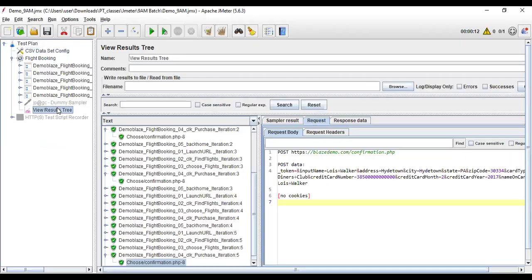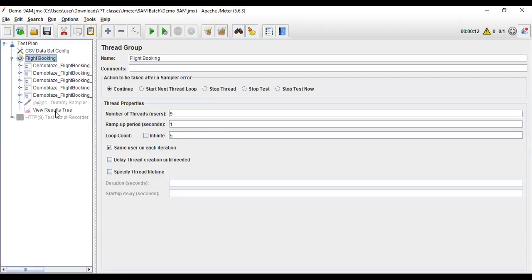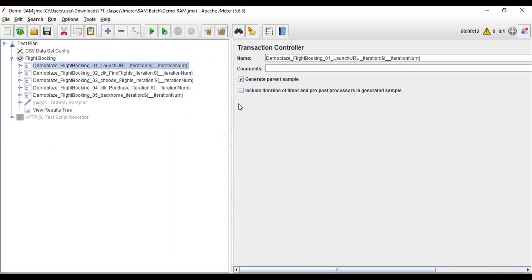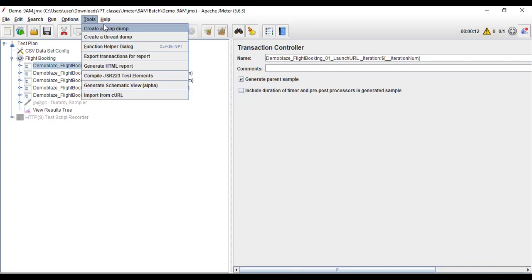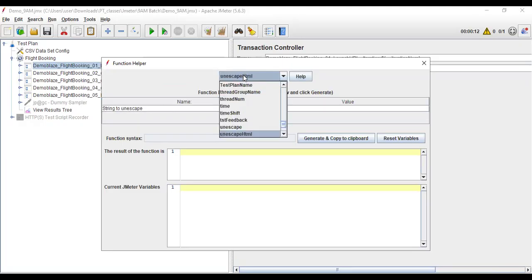All threads, right? So I'm running only for 5 times with 5 users. So if I want to get the difference between users and iteration, I need to mention which user is picking which data, right? So iteration number you are getting. I also want to display, when I run, the user number and iteration number. Iteration number, you know how to. User number also, if you want to display under functional helper dialog, you can also get the function for user number,